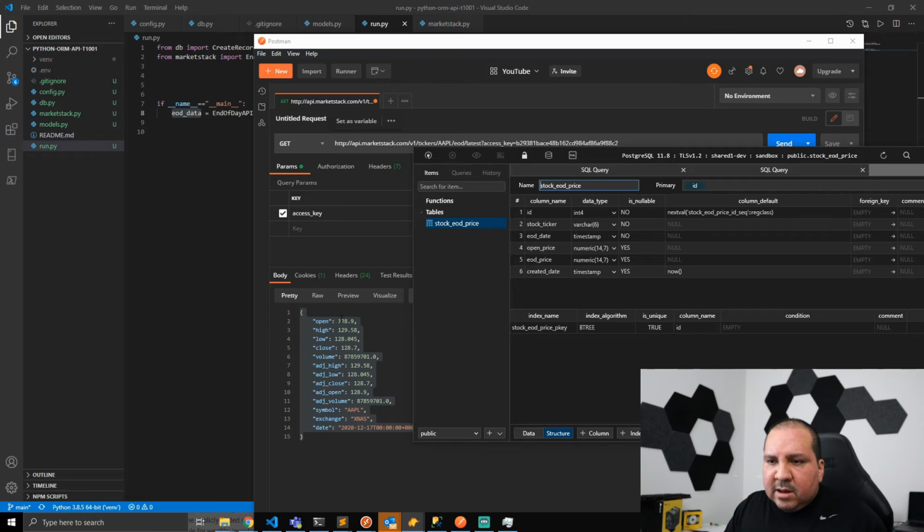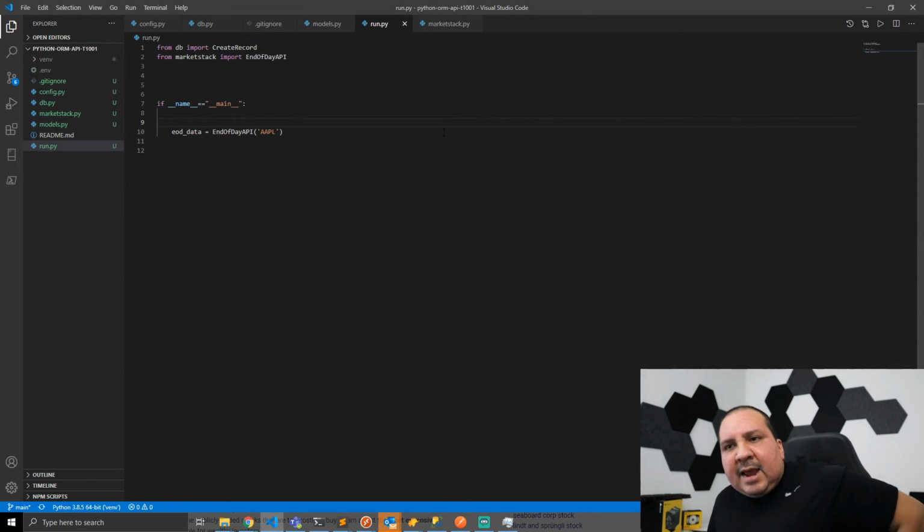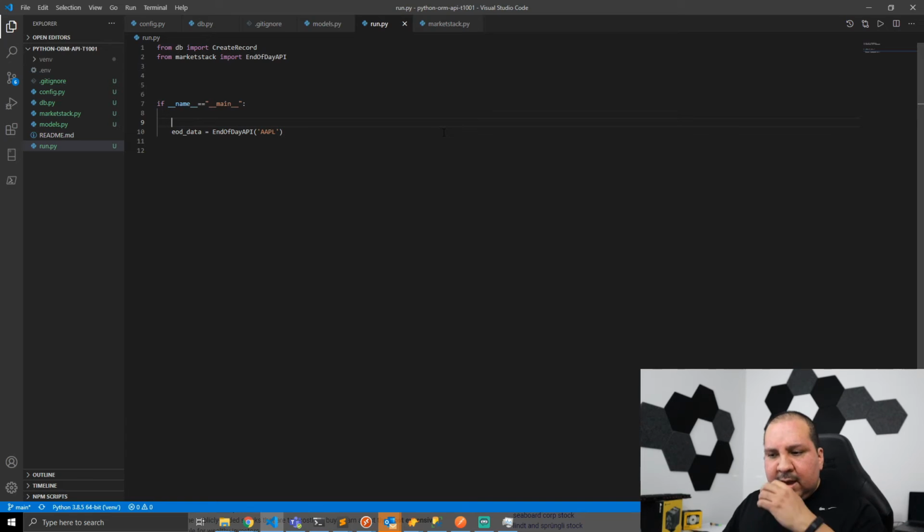ultimately what we want is symbol, which is going to get mapped to stock ticker. Date is going to get mapped to end of date. Open price will be open, end of day price would be close, and that's it. What I'm going to do is something that will probably be more realistic. If you have something running, you may want to get data for multiple stocks, not just one. Which means you may have a database, and you could have data in the database where you're going to pull that data. I'm not going to go into that detail, but what I am going to do is create